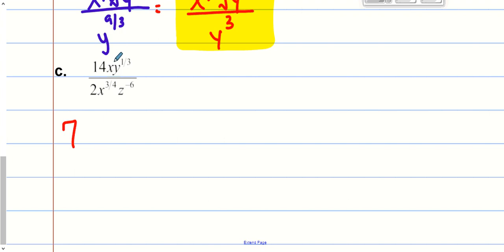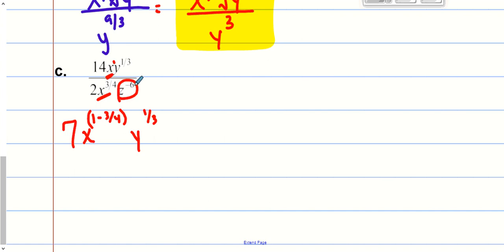Now, if I put an exponent on that x, that's going to be a 1. Remember, when you're dividing bases, you subtract exponents, so I'll have x to the 1 minus 3/4, because I have x to the 3/4 on the bottom and x to the 1 on the top. There's just a y on top, so that's just going to be y to the 1/3. And then on the bottom right here, I have z to the